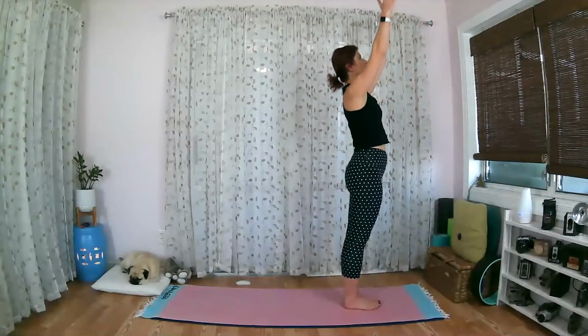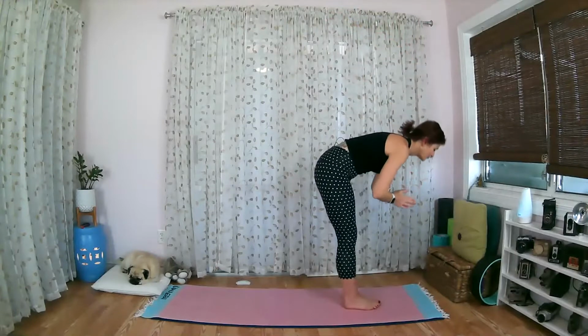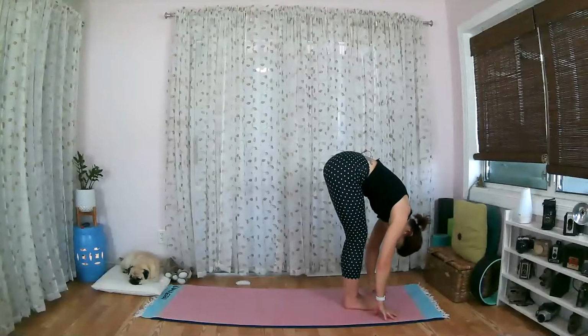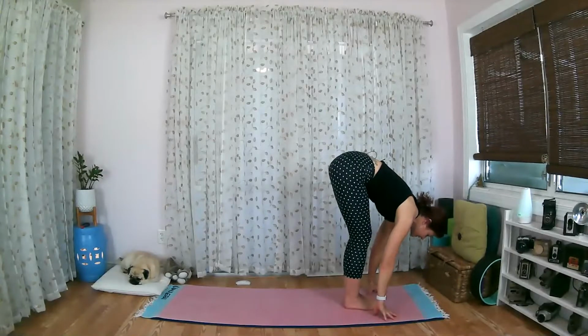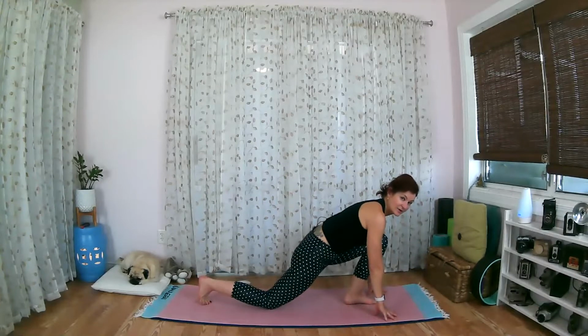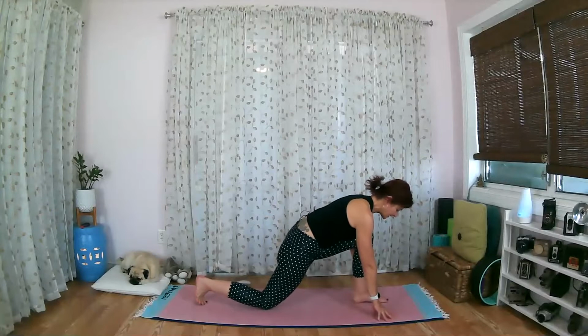Inhale, hands up, palms together, look at your thumbs. Exhale, fold forward, hands to the floor, head to the knees. Inhale, look forward, step your right foot back and bring your right knee down. Bringing that left foot between the hands, maybe walking it a little bit further forward so that you can pull